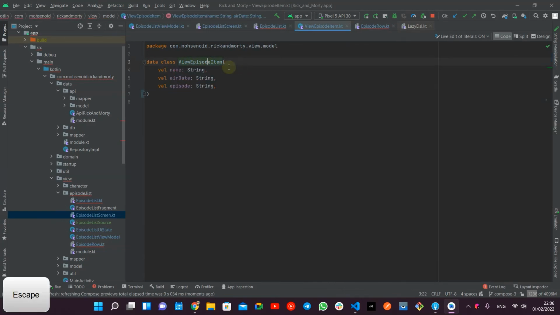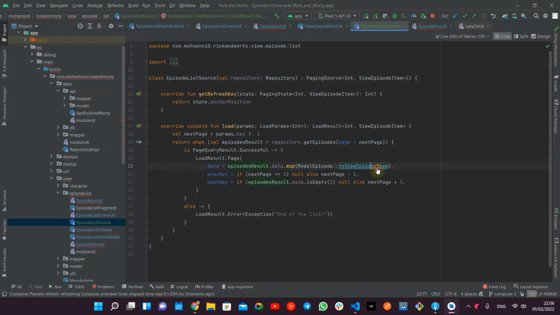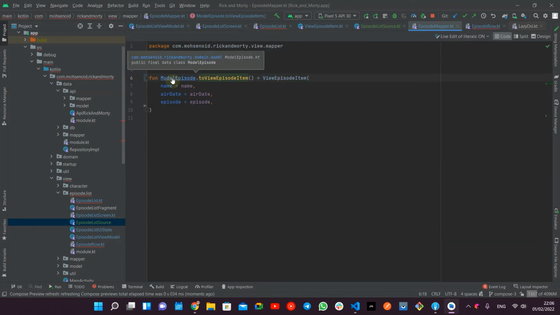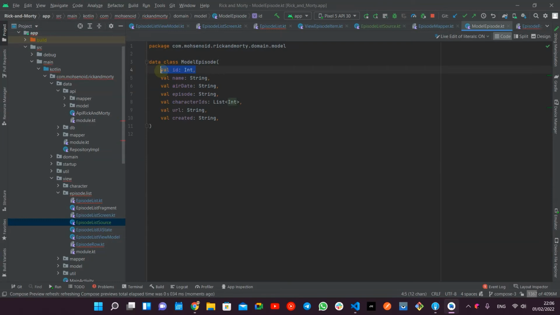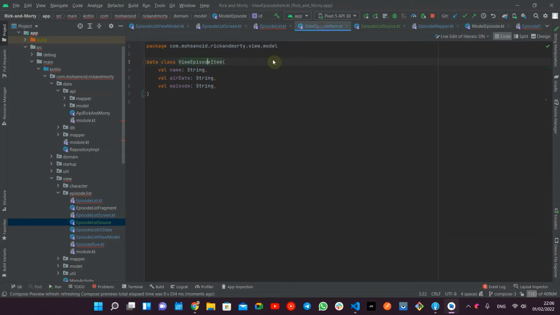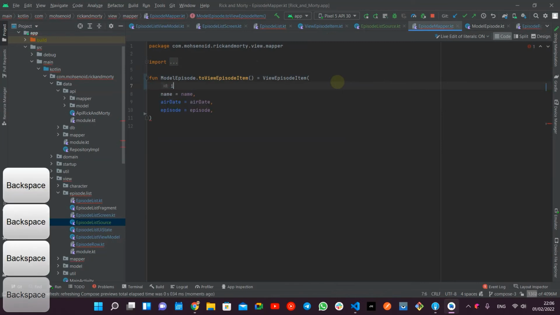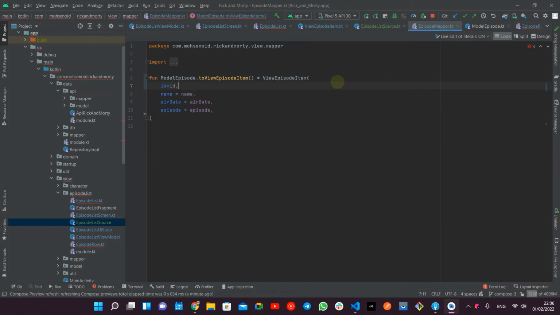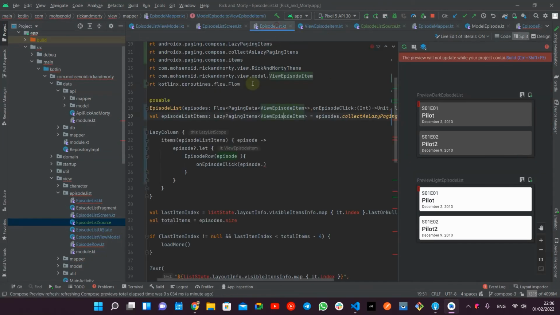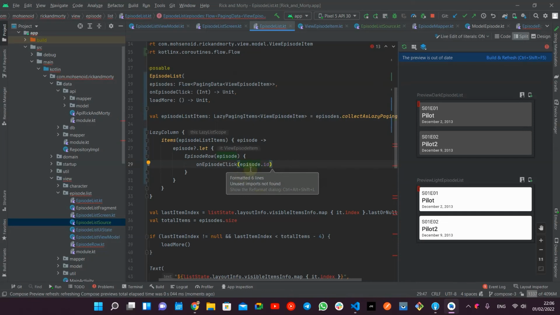Let me make sure where is the mapping. So this is the map. We get the model. Model has some ID. Yeah, we should also define some ID to use. And then for the mapping, we would say ID equal ID, and some cleanup here, and ID. Then that's it. So now we also have the click, and